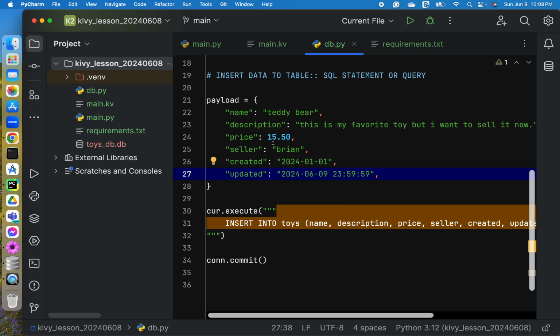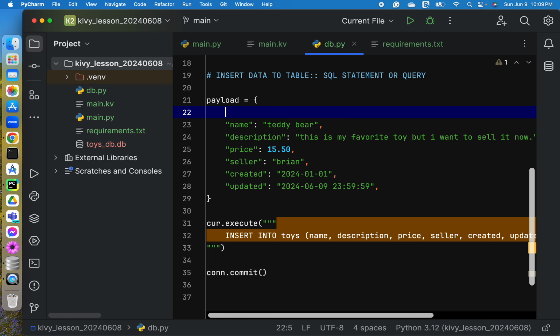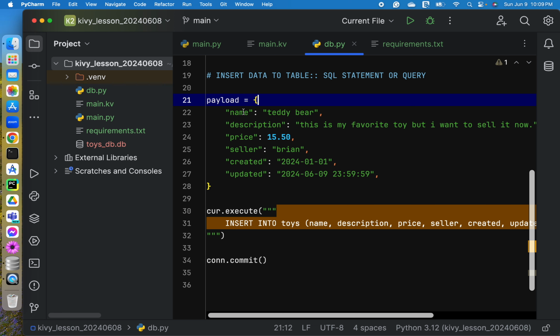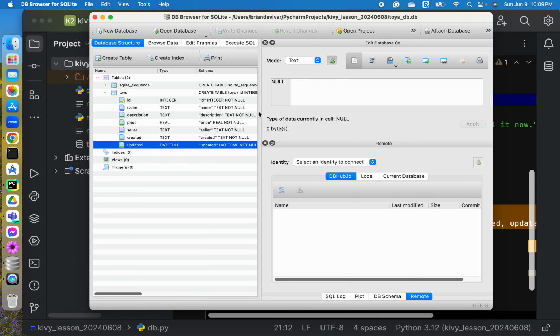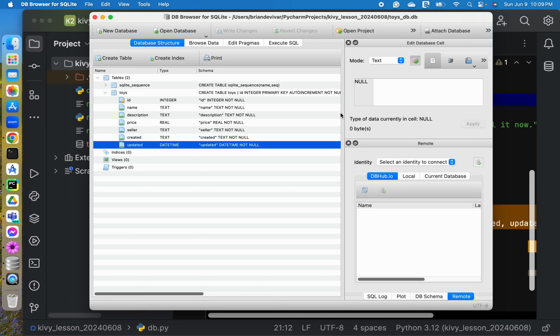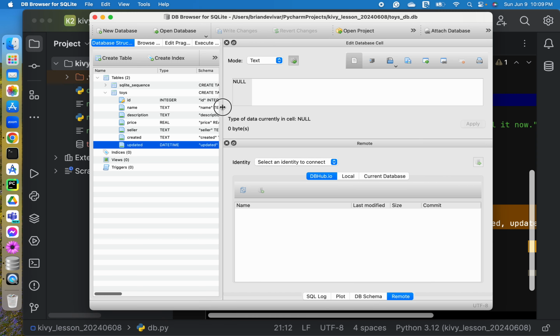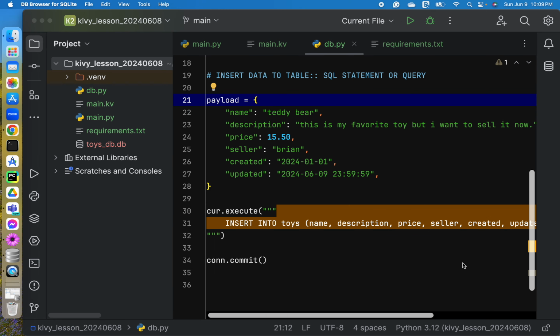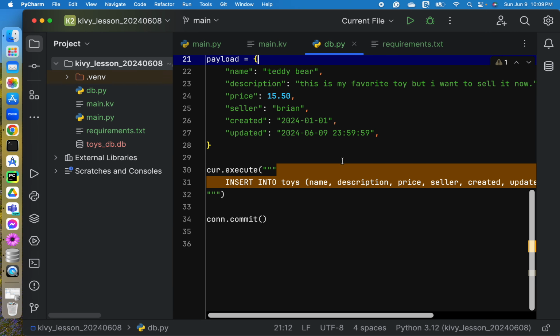If you notice that there's no ID here, so I didn't put here like ID is 1. I don't need to specify the ID because the ID is an auto increment ID, meaning SQLite will be providing the value for the incrementing numbers. Okay, now we have here our payload.